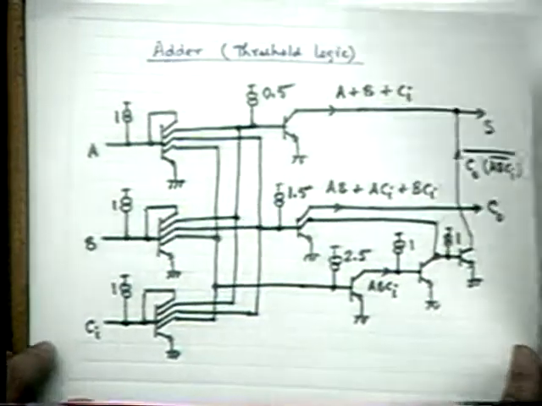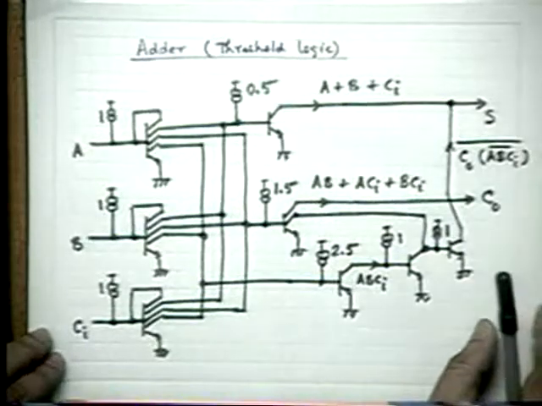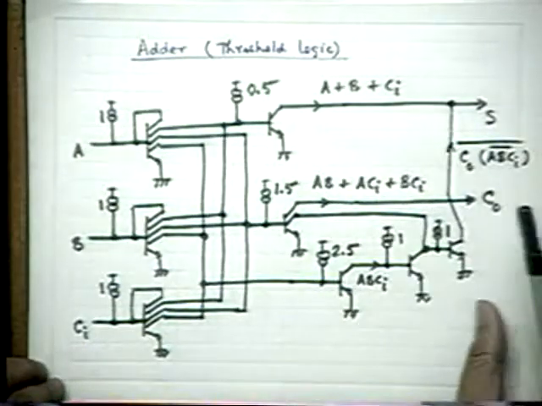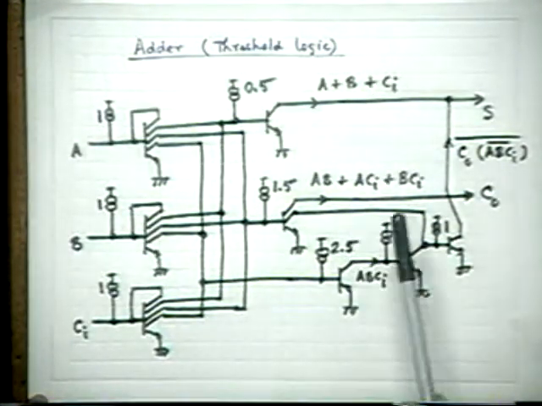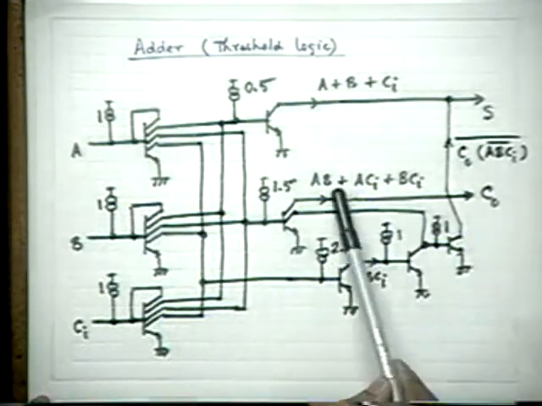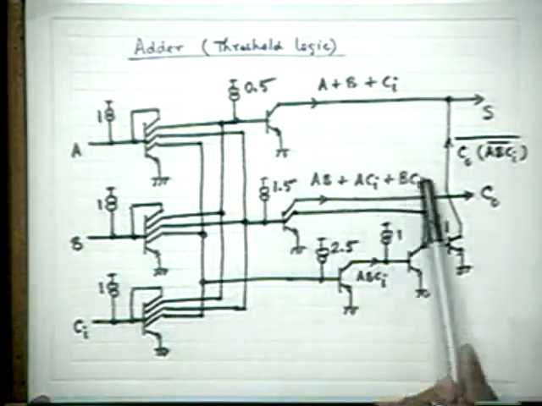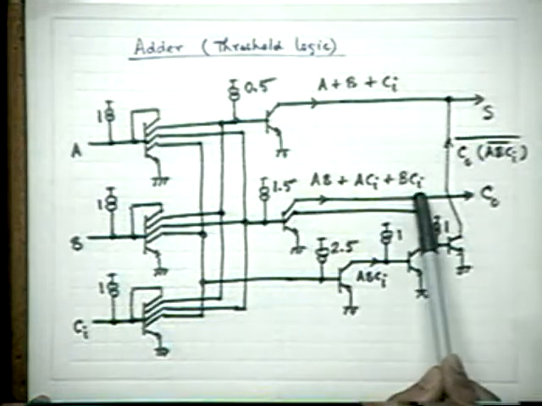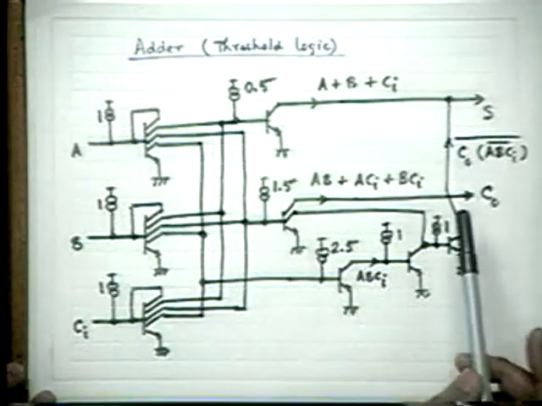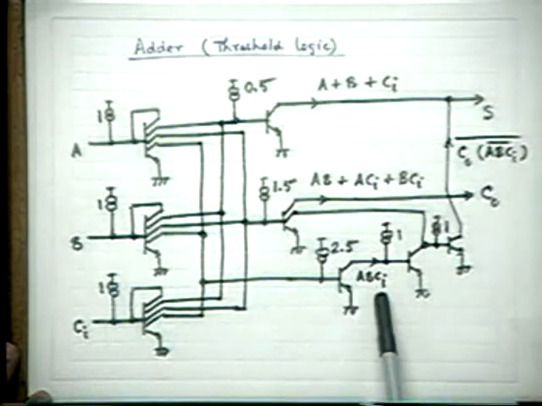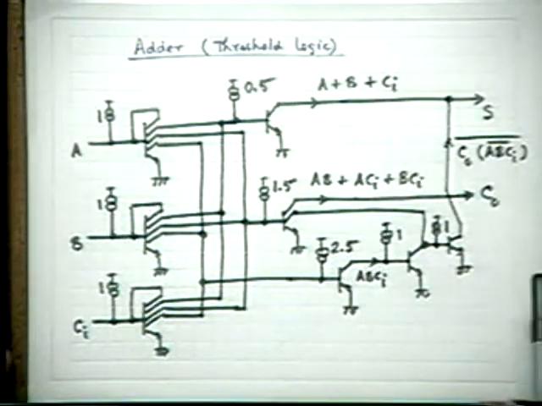The same logic expression I used earlier for the summers, in this adder realization, the same thing has been used here, exactly the same. But the nice thing is the technique of producing this function. What is this function called? AB plus AC plus BC? There is another name for it. Majority function, right. And the other one is ABCI, the AND. I want to produce these three functions.